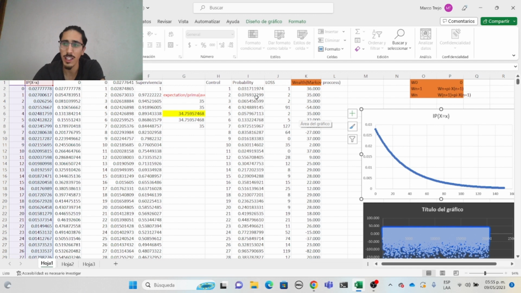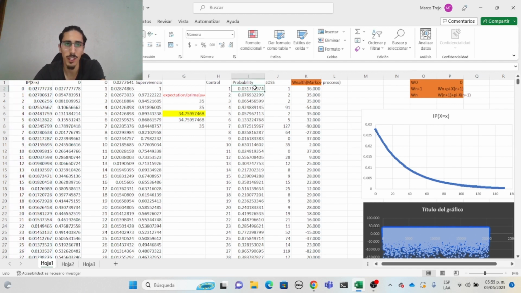We take the mass function, and here we have the geometric mass function of this experiment, and then we will use the inverse transform technique to simulate the losses. That consists of generating a random number between 0 and 1. If this number is between 0 and the accumulated probability that gives us 0, the loss will be 0. If the number is between the distribution function at 0 and the distribution function at 1, the loss will be 1, and that will keep going until n losses. And with that, we use the search function to find this number in the mass function, and then we obtain how much the loss is.